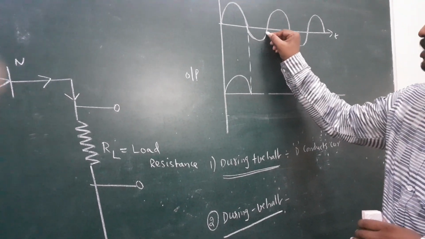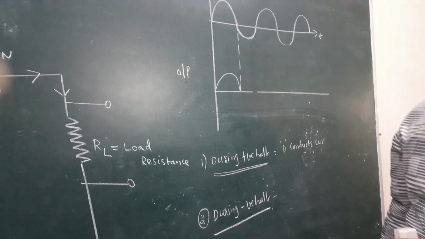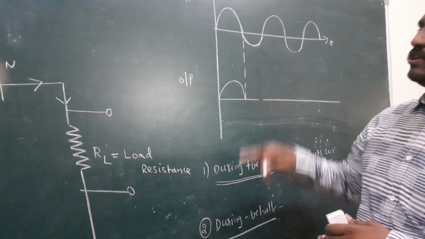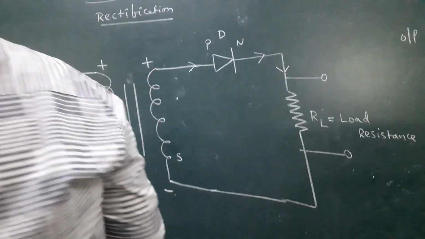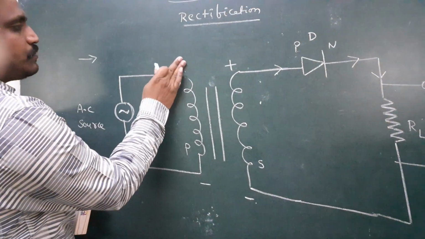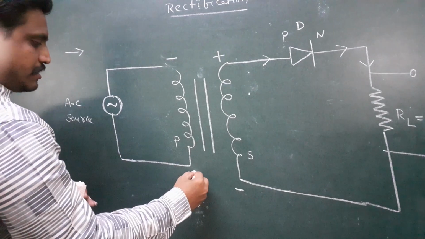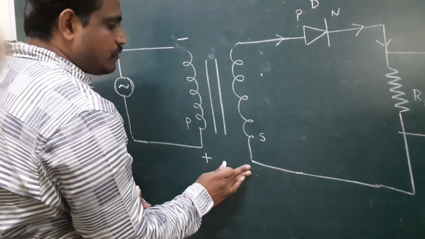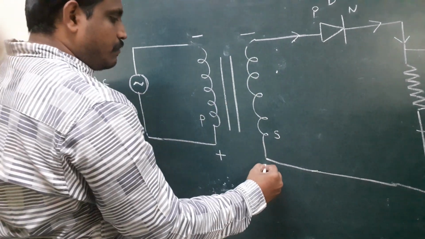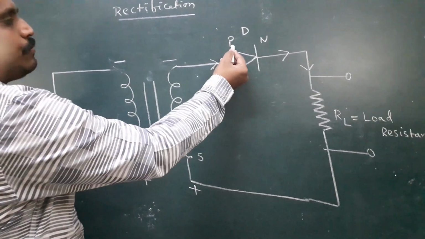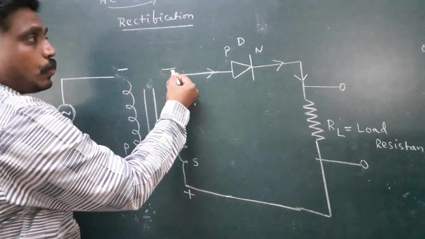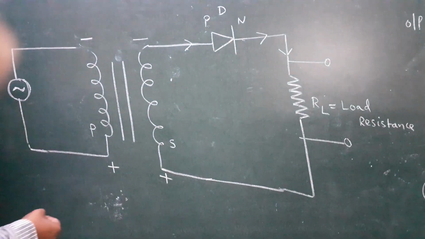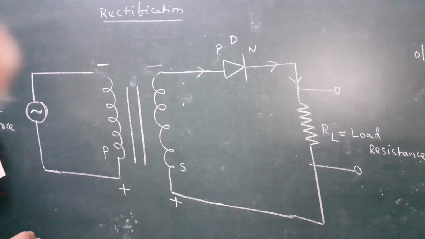Here this is the negative half cycle. Negative half cycle means the phase will be opposite, 180 degrees shifted. So in the diagram, look here: this plus will be converted into minus, and minus will be converted into plus, because of the opposite phase. Because of mutual induction, minus is transferred here and plus is transferred here. In the diagram, P is connected to negative, that is low. N is connected to positive, that is called high. This bias is said to be a reverse bias.